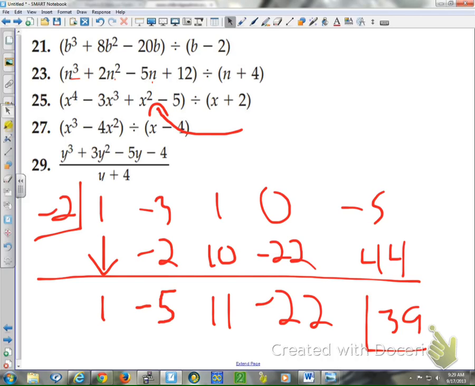Cassidy, what degree do we start with when we start writing our answer? 4. That's where the original one was. I'm asking you the degree, which is just the highest exponent. You always just take one away. So if you started with 4, it goes to 3. Very good. So 1x cubed